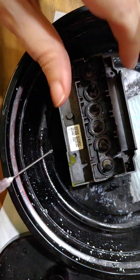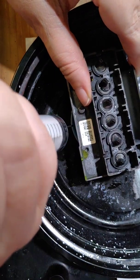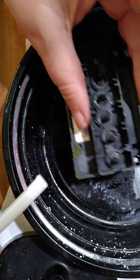Alright, so now we're going to do this a couple of times. We've done all of the nozzles. The solution is in all of them. We're going to refill the bottom of this cup, and we're going to start on our problem child,